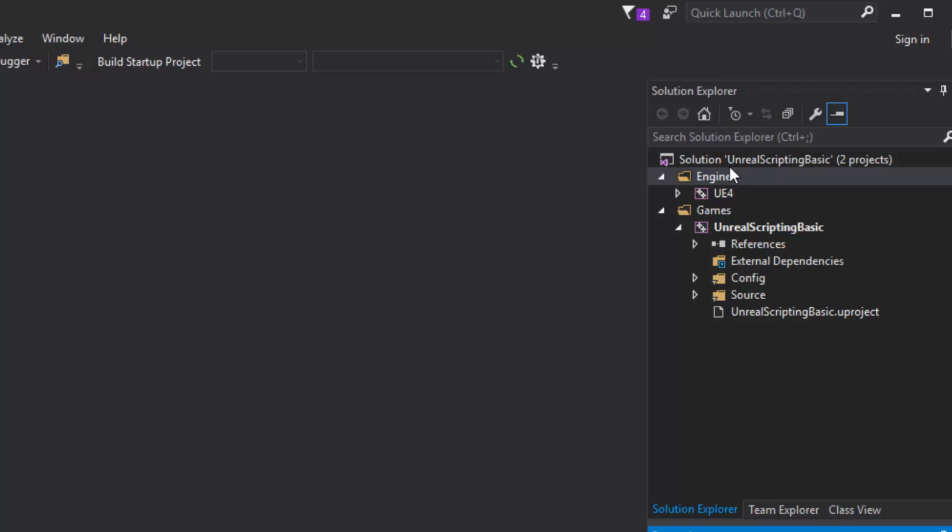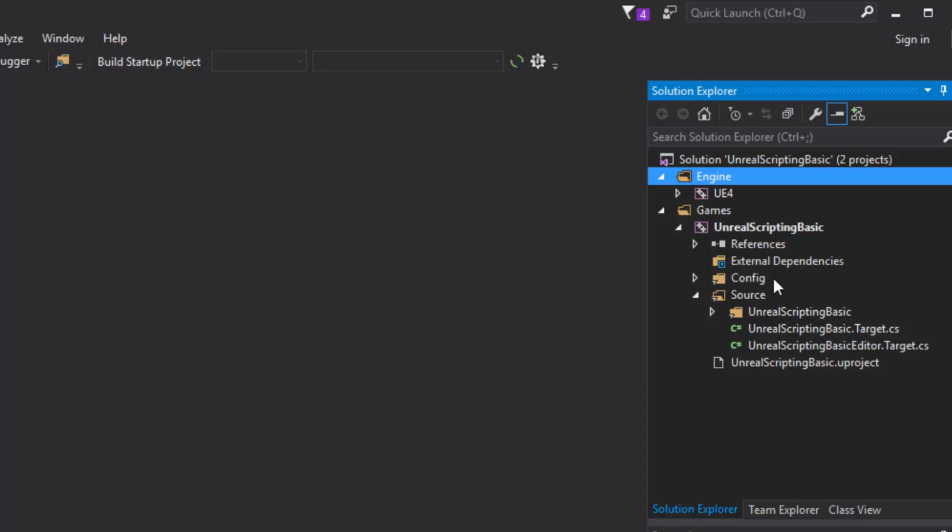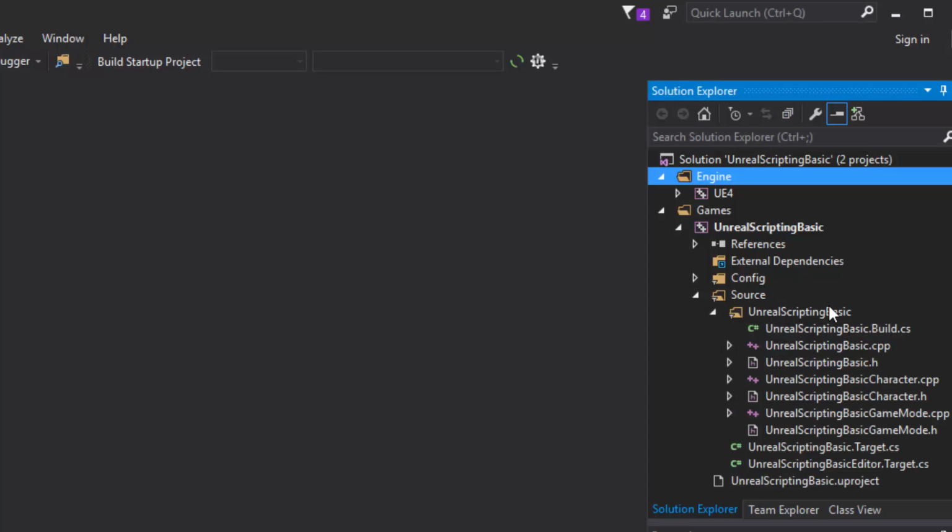And then within it, I have two folders. The engine folder, which brings in within it everything that is required to be brought in from the engine for me to be able to do certain programming with this game. And then the games folder contains my Unreal Scripting Basic template that I just created. And so the source files for this project are going to be under the source folder, under the Unreal Scripting Basic folder, and at the bottom you see that there are a bunch of C++ and header files that are